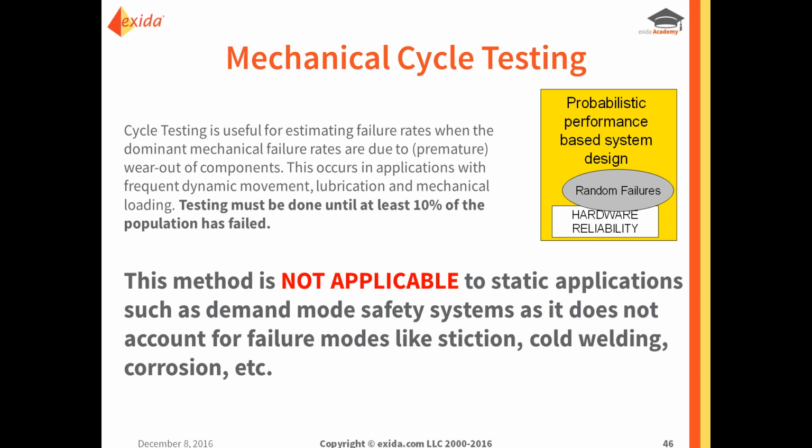So the first way to look at is mechanical cycle testing. Cycle testing is great for high demand or constant continuous demand applications. It's useful for estimating failure rates when the dominant mechanical failure rates are due to premature wear out of components. This occurs in applications with frequent dynamic motion, a lot of lubrication and mechanical loading. When you do cycle testing, for it to be counted, testing must be done until at least 10% of the population have failed. Then the cycle test number is scaled,